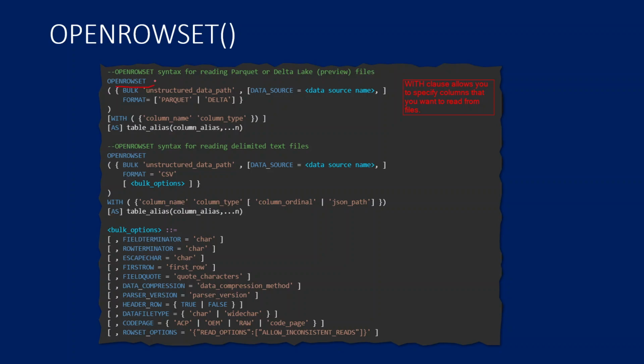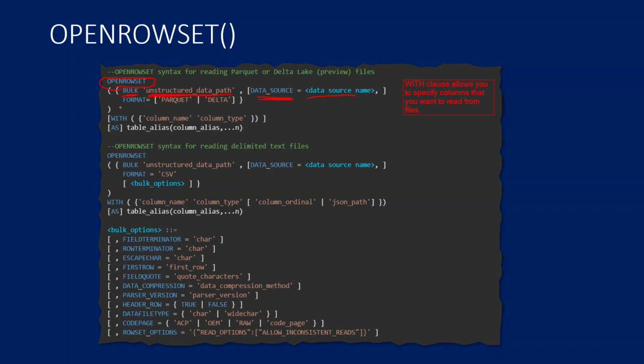So you will use the OPENROWSET function, and inside that, the BULK keyword, where you provide a path to your file, and then this DATA_SOURCE flag is optional. If you are using some external data source and you want to create an external data source object and use it, then you can do that. On top of that, for the file path, you can use it here, or you can use the full path of that particular file.